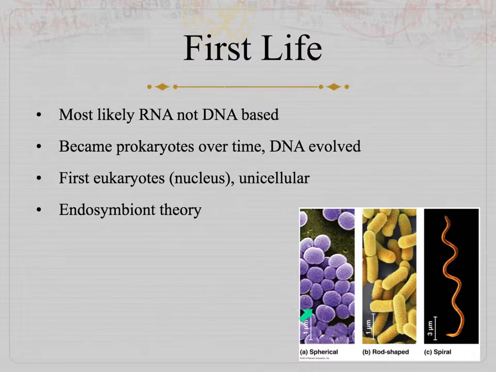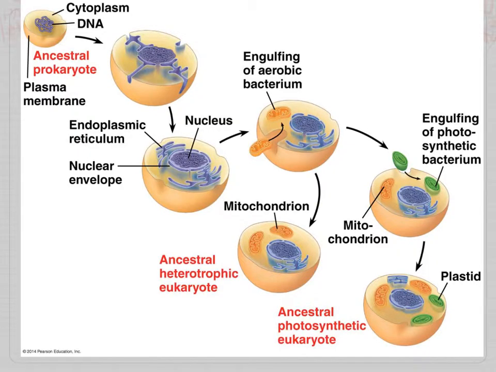are the different types of bacteria. Now, these are just three shapes. There are many different kinds of bacteria. Okay, so now for the endosymbiont theory. We have this cell up here, the ancestral prokaryote. You'll notice that the DNA is not contained in the nucleus, and you cannot see any organelles floating around in